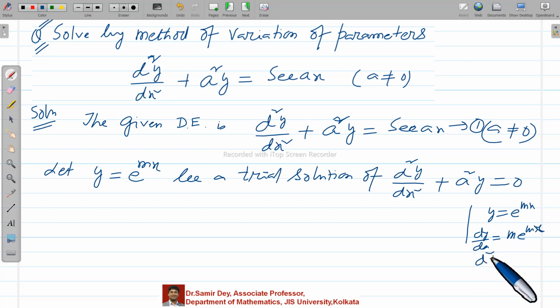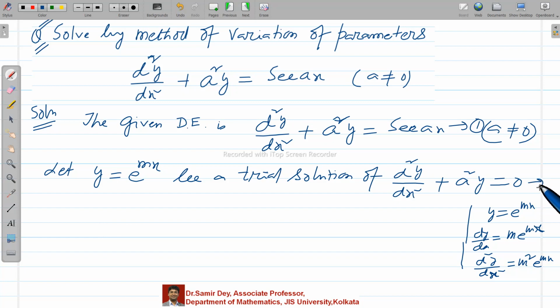And d^2y/dx^2, please write carefully, is equal to m^2 e^(mx). Clear? So now if I substitute here,